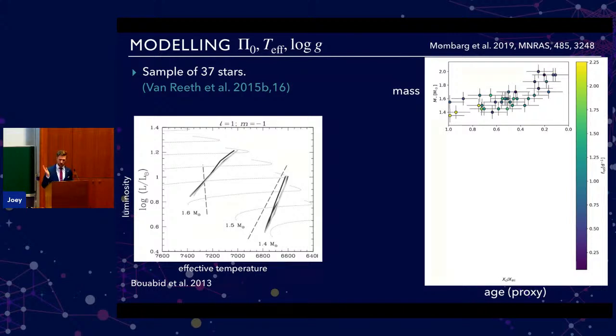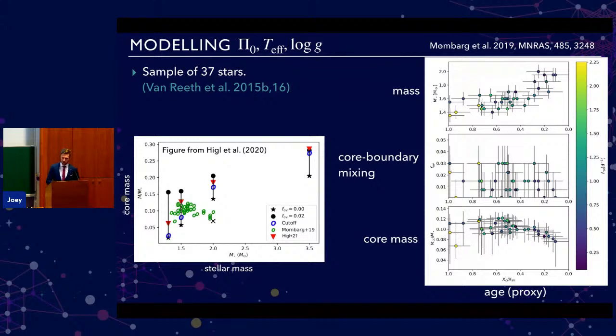And so we see this sort of mass-age correlation, which is also what we expect from where we expect the stars to pulsate. That's what I'm showing you on the plot on the left. You expect stars to pulsate only when they are in this region between the solid lines. So you expect younger, less massive stars to pulsate, and then they stop doing it when they evolve, and for the other ones, it's the other way around. So we kind of recover this correlation using this method.